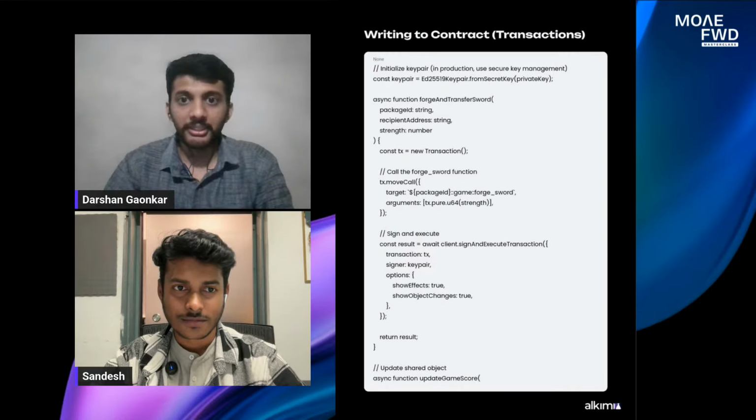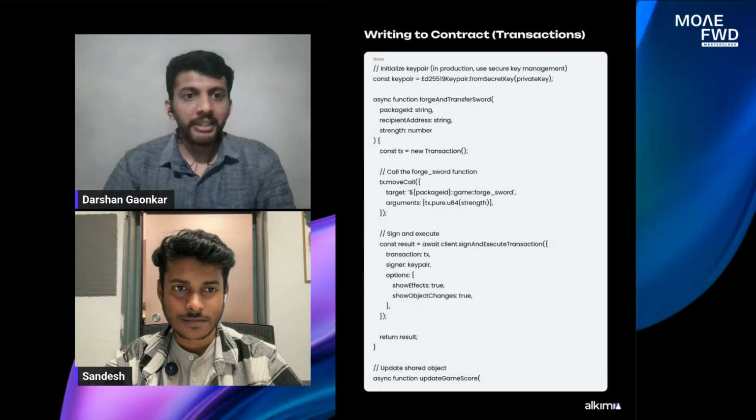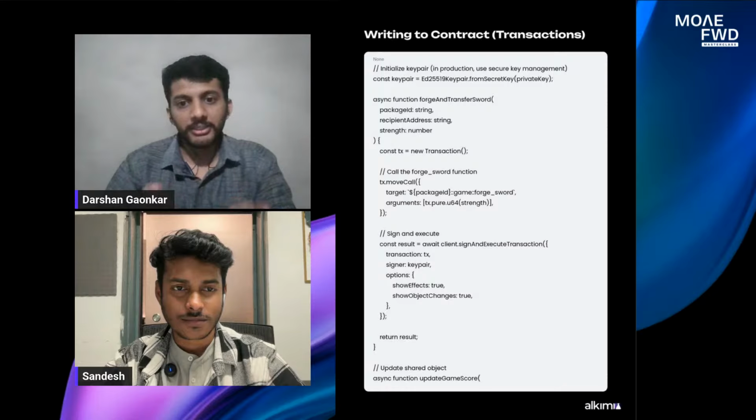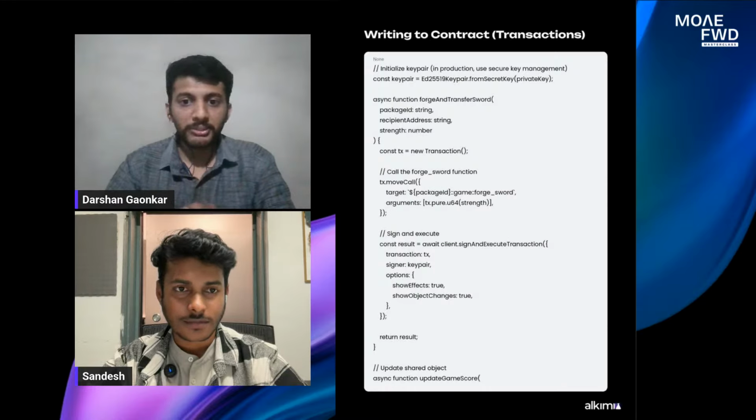So we saw how we can read the data from the contract side. In this step we can see how we can initiate a transaction from the TypeScript SDK to the contract side. Just think that we have a public function defined in the smart contract. If you want to execute that function from the TypeScript SDK or from the backend side,